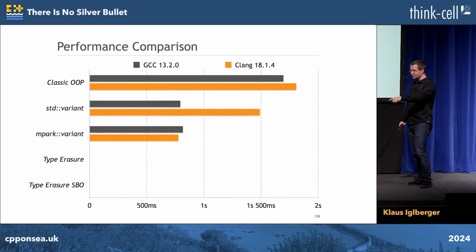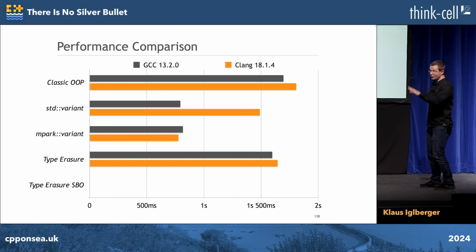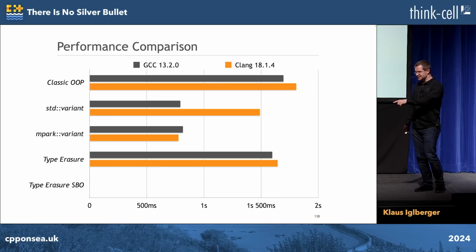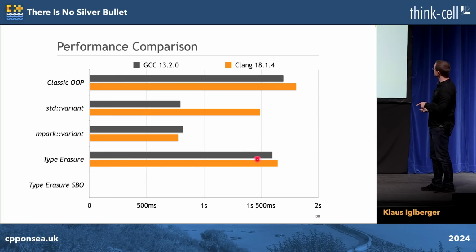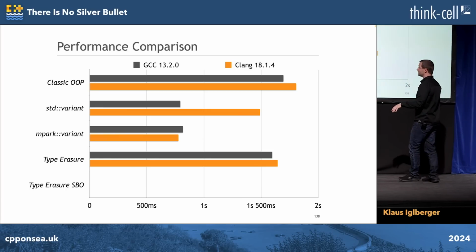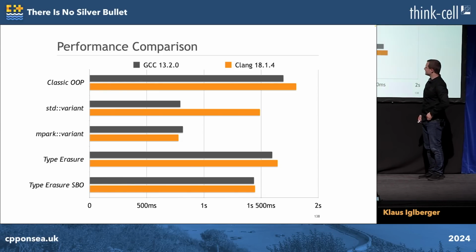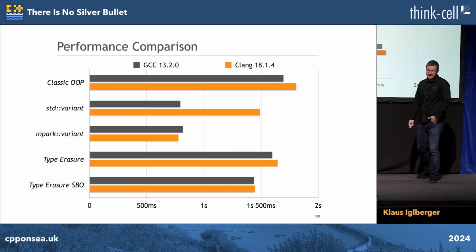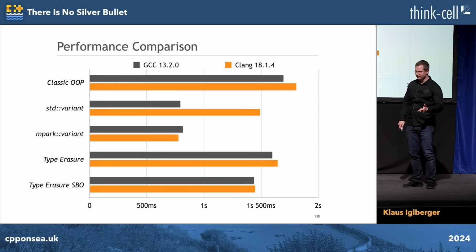So this is what I've shown you before, but now I throw in type erasure. On my system, same example, I get this. You're immediately saying, but this is not as fast as variant. I never said that, but you do see that it actually is faster than the original solution. And if you now throw in a little bit of optimization, which we could do now because we have a value, not just a pointer, it might be even a little faster. So, not such a big gain as before, but still, it's cleaner and faster, which is exactly what we need.